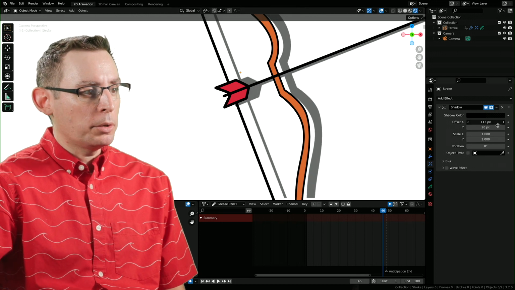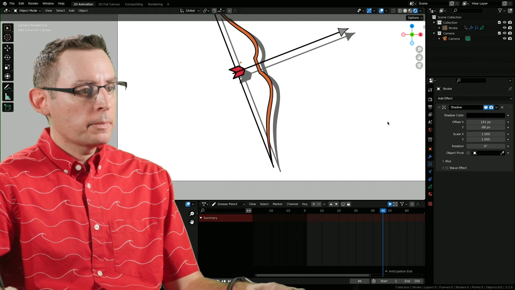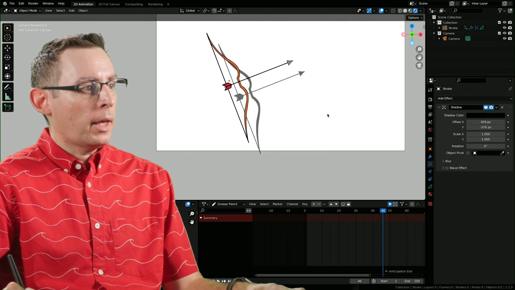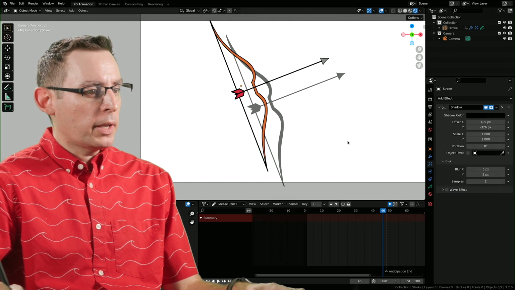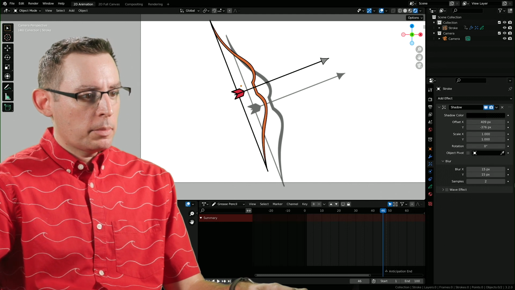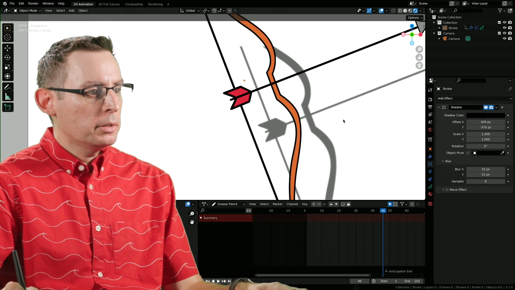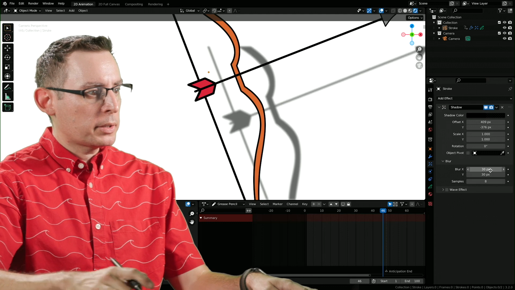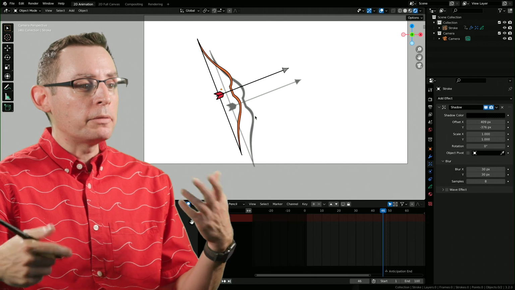Let's change the offset a little bit. I'm going to just push it down a little bit here. Get it out of the way. Yeah, there we go. And now I'm also going to blur it quite significantly. Let's blur it by 15 pixels on the X and the Y. I'm going to increase the samples to, I don't know, 8 or so. Yeah, that's looking pretty good. Maybe even a little bit more than that. Let's blur it 30 pixels by 30 pixels. Yeah, there we go. I'm liking that. And now we have a lovely little drop shadow.